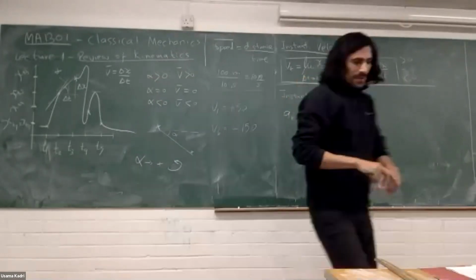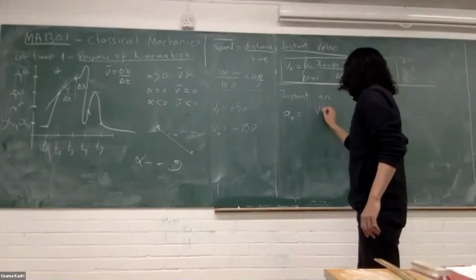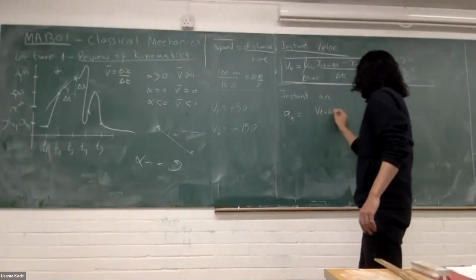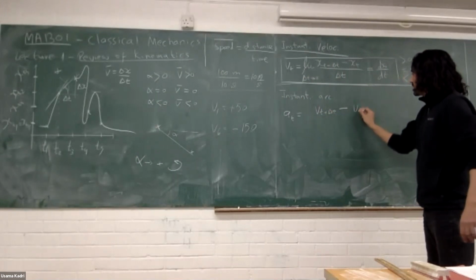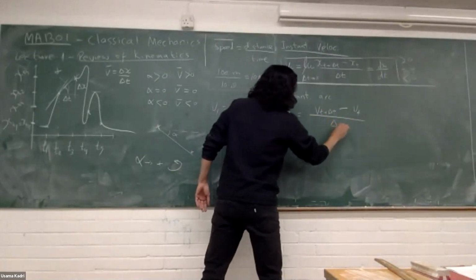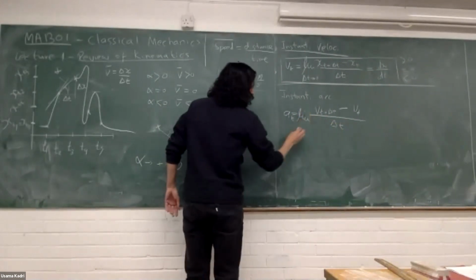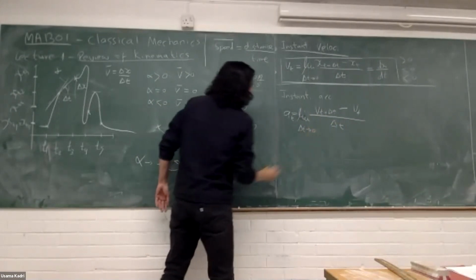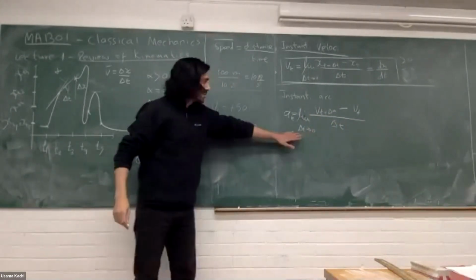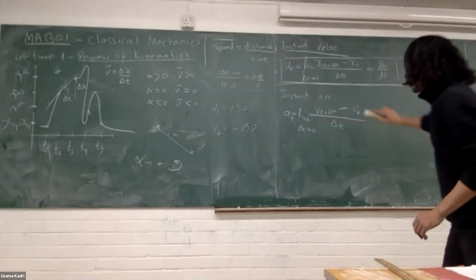Now I can take, similar to what I had before, v at any t plus delta t minus v at t, divided by delta t. And I take the limit when delta t is very small. In the same way,